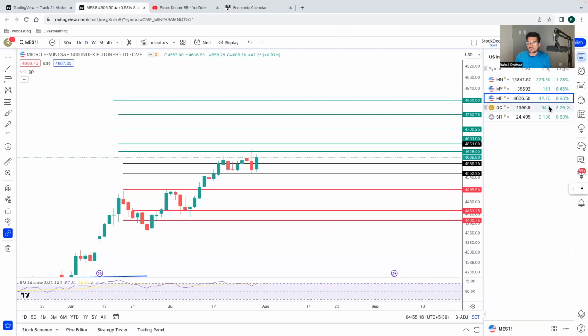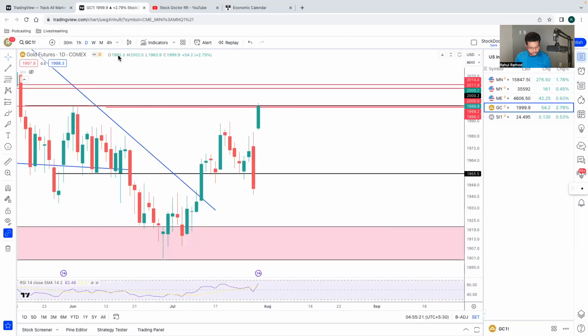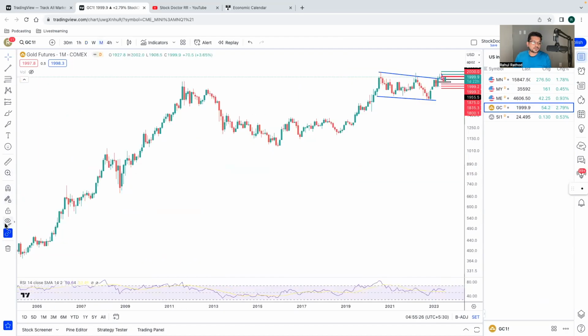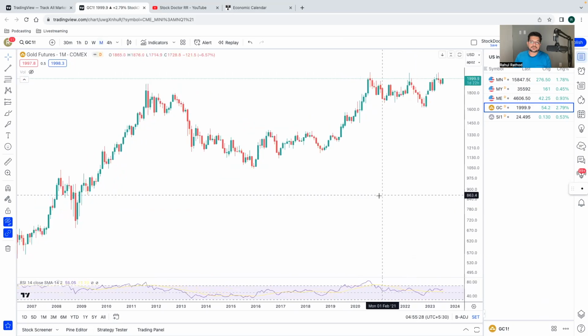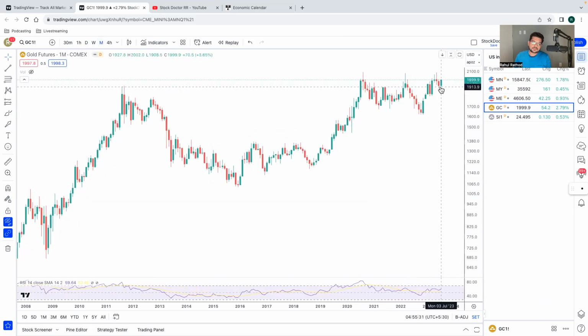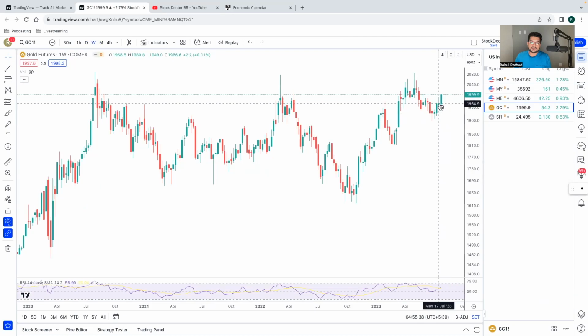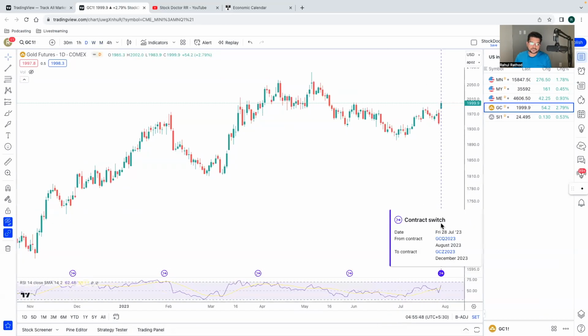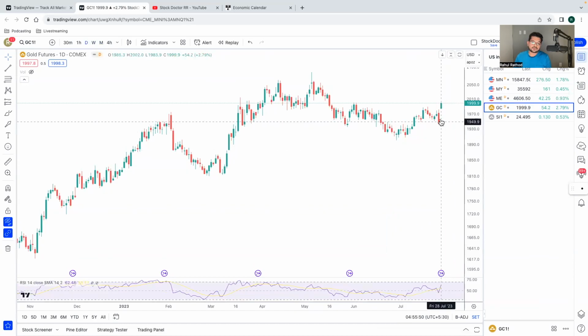We'll talk about commodities. For the gold, you guys know I am bullish on gold. Only the criteria is it needs to sustain above $2,000. Right now on the monthly it is showing it is just near 2000. On the weekly it is showing some bullish candle. On the day time frame, you can see on Friday there was a contract switch. That's why before that on Thursday it went down, and then it got adjusted on the